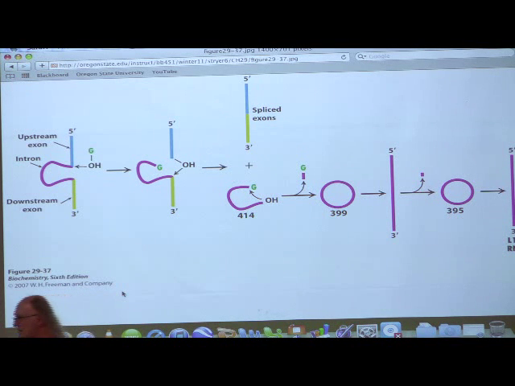He's interested in understanding the mechanism by which this occurs. What can I put in? What can I leave out? What is essential for the splicing to occur? So he starts leaving out some of the proteins that he had in there, and he discovers that splicing still occurs. Wow, this is really a simple system. I don't need this protein, I don't need this protein, I don't need this protein, until he removed all of the proteins. And splicing still occurred.